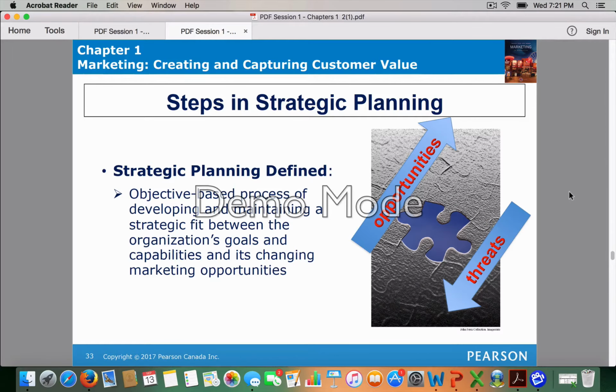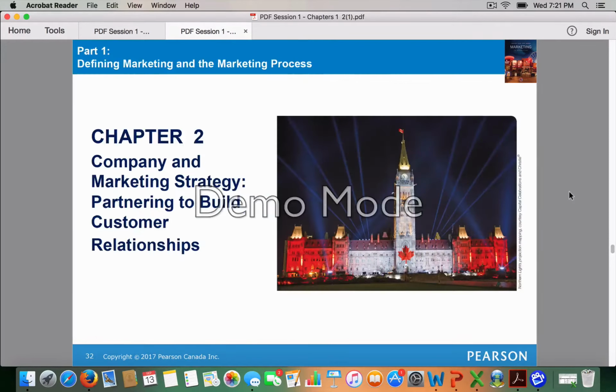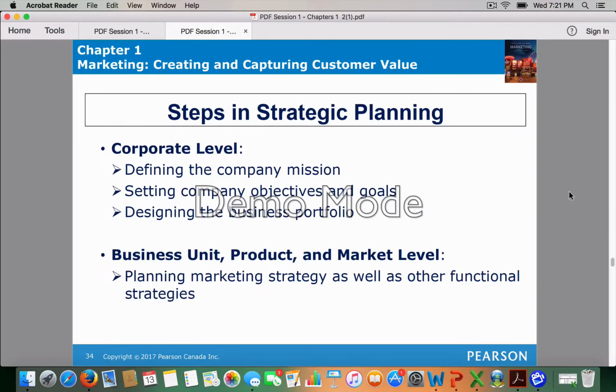So the first thing we're going to talk about is strategic planning. This is a process where an organization develops and identifies, in the broadest sense, what it is it's trying to do, what opportunities it's going to try to pursue, and what goals and objectives it's going to try to meet. At the highest level, strategic planning at the corporate level involves defining the company's mission and setting